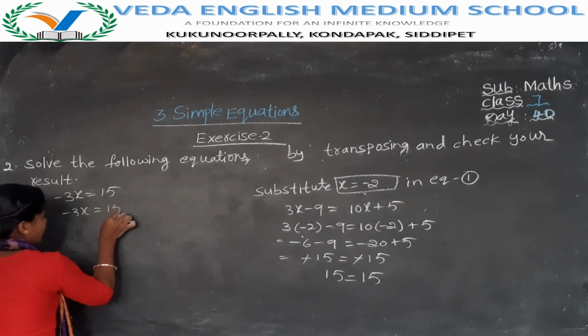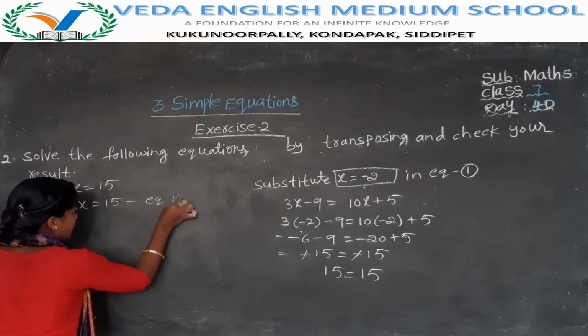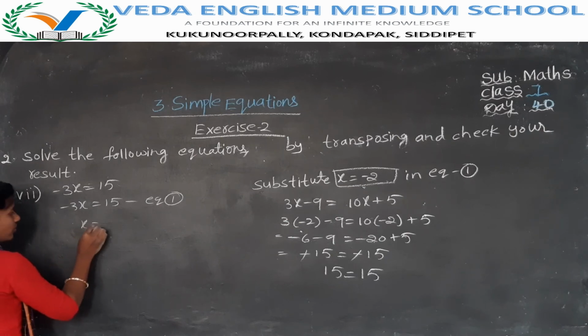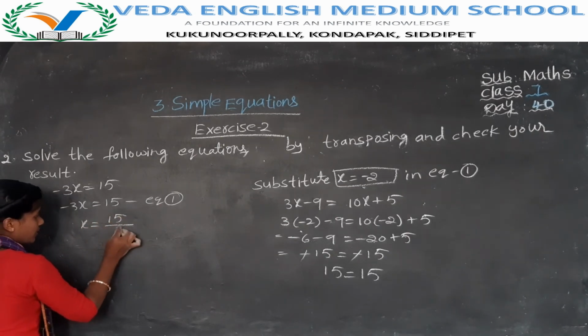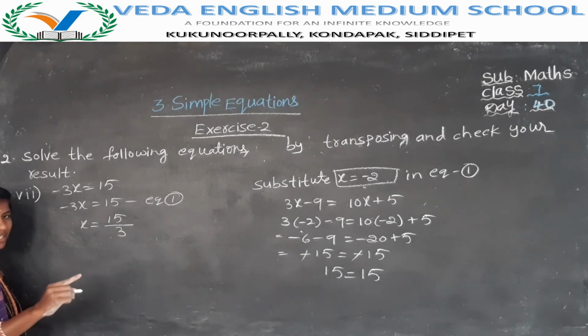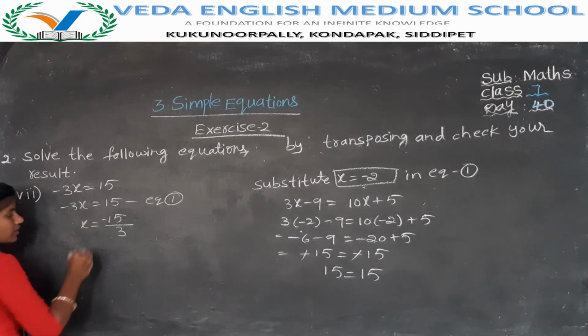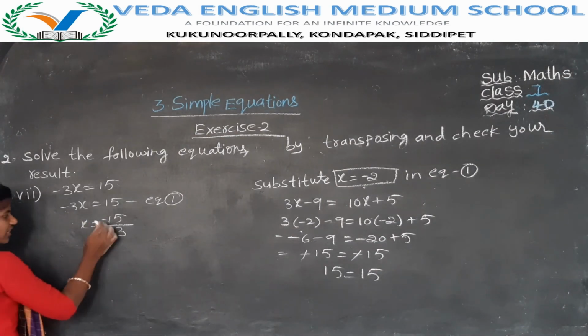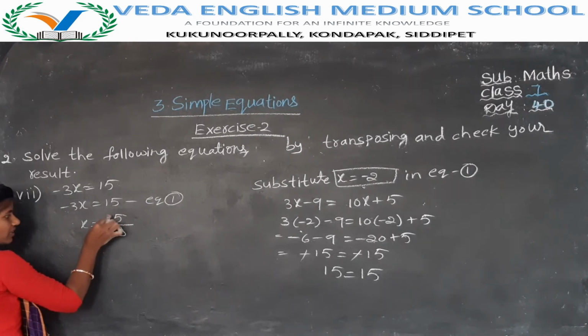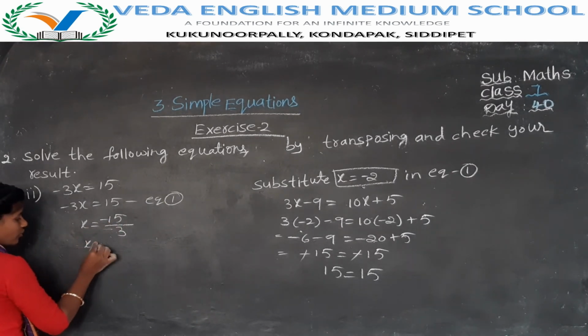It is equation 1. Here we need only x, so what we have to do? x is equal to 15 by 3. Minus also you should write. You should not write minus for alphabets. You have to write minus always for numerical numbers only. So we will write that minus in the numerator. If you want to write it in the denominator also, no problem. 3 ones are 3, 3 fives are 15. So x is equal to 3 fives are.